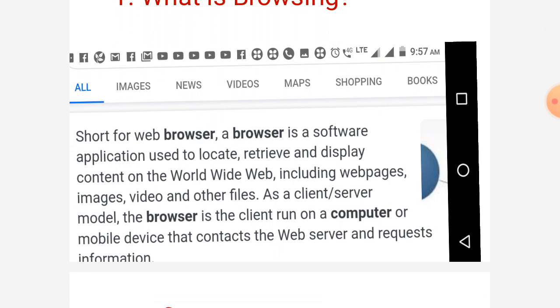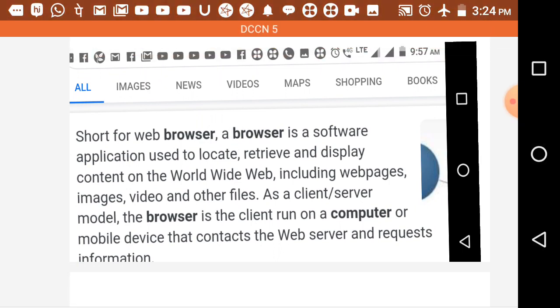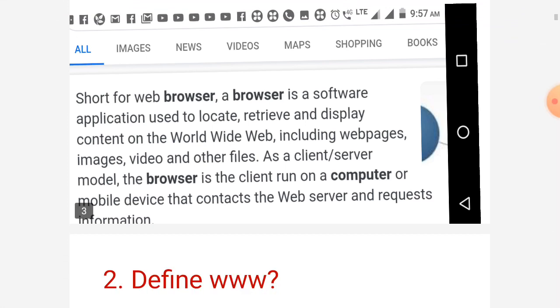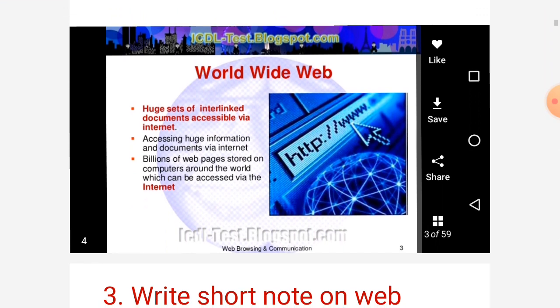As a client server model, the browser is the client that runs on a computer or mobile device, contacts the web server and requests information.